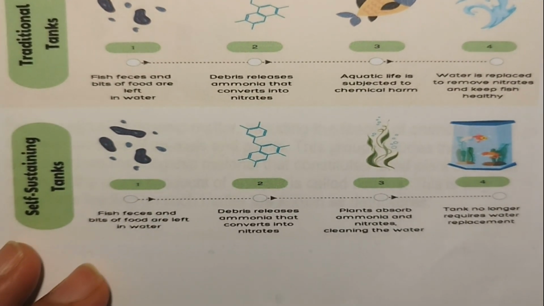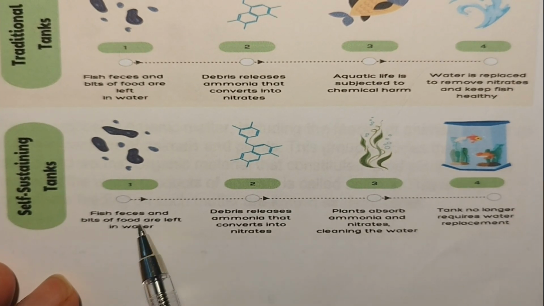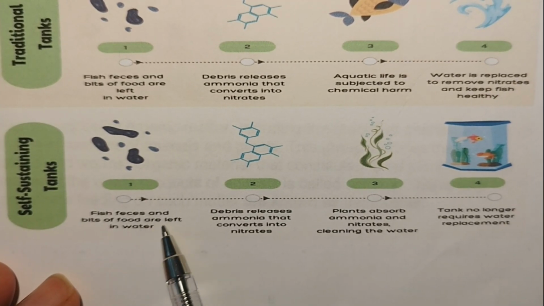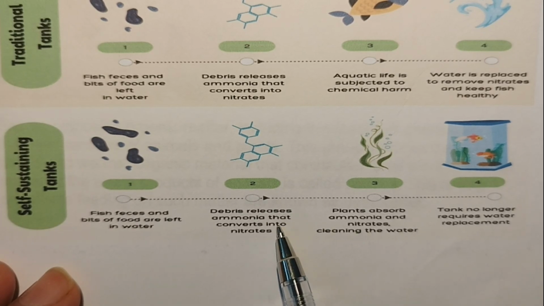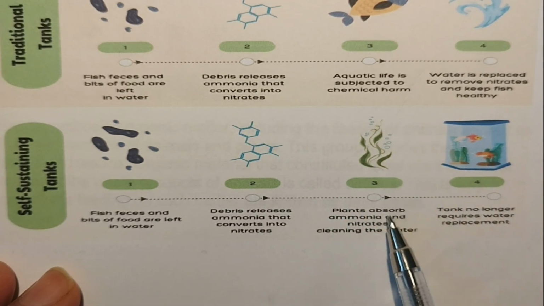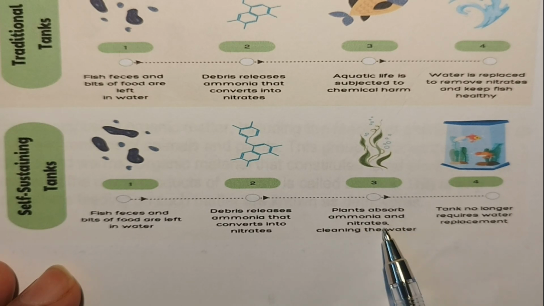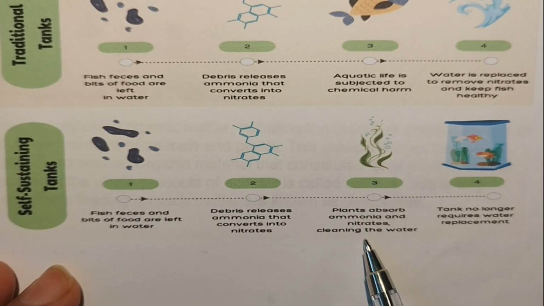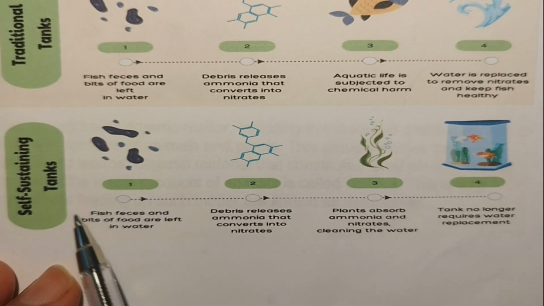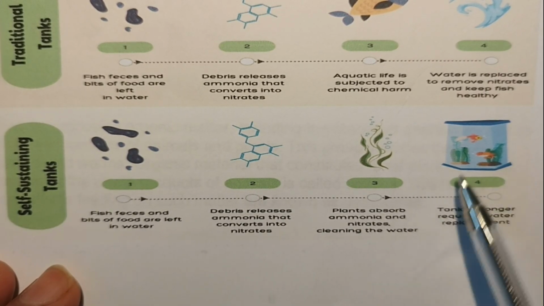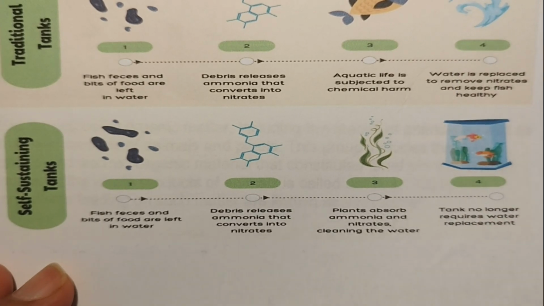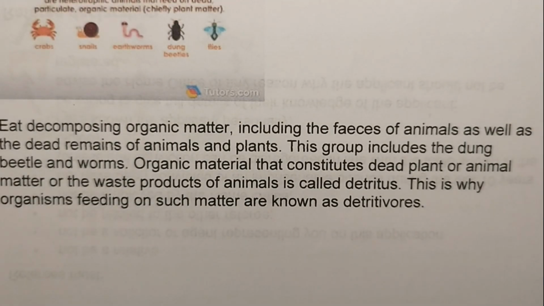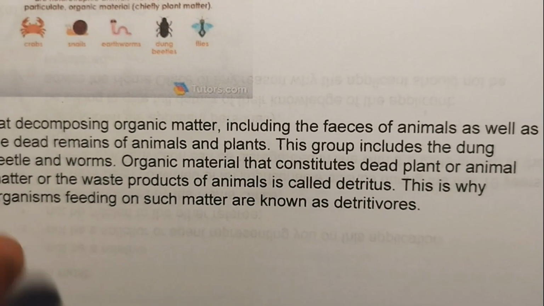But in self-sustaining tanks, when fish feces and bits of food are left in water, the debris releases ammonia that is converted into nitrates. Now these plants, they absorb ammonia and nitrates, and that's how they clean the water. So the self-sustaining tanks do not need as much cleaning as the traditional tanks. Okay, so remember this, very interesting concept. Now, according to